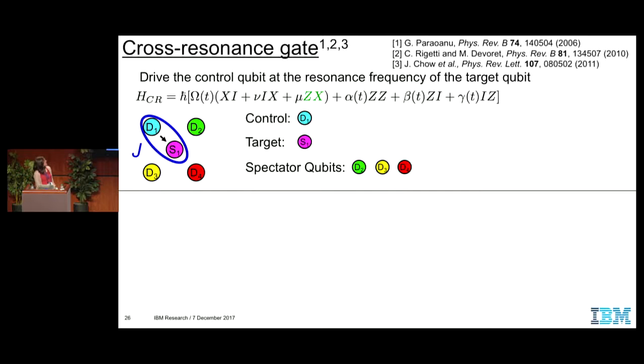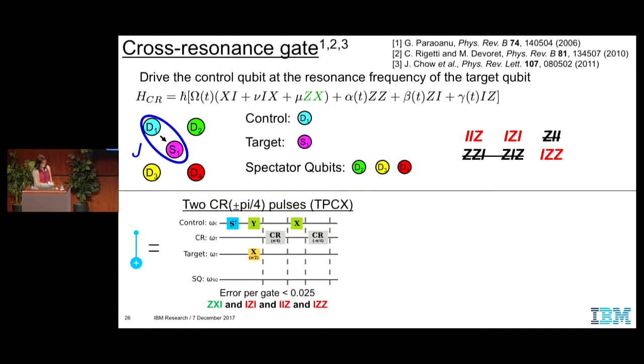So I talked about the cross-resonance gate a little bit earlier, and this ZX term in the CR drive Hamiltonian is the one that you want in order to make the CNOT gate. And this is the term between the control and target qubit. When you apply this echoed cross-resonance gate, what you're doing is canceling out all these terms except for IZ in this line. But when you consider not just this 2-qubit pair, but other qubits that are coupled to this pair,